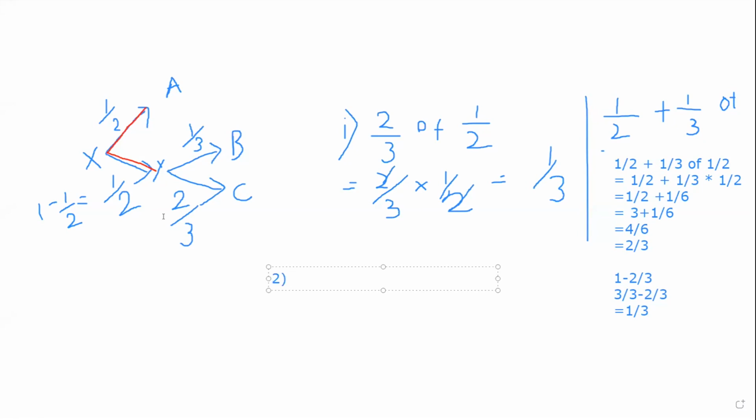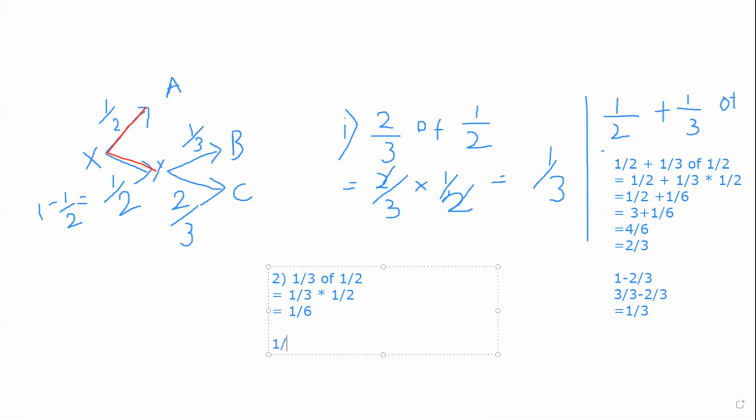So initially, how much did he receive? 1/3 of half. So that is equal to 1/3 into 1/2, which is 1/6. So this is the amount he received initially. But now they are equally dividing the amount among the three. So the whole portion is 1 and you are dividing it by 3.